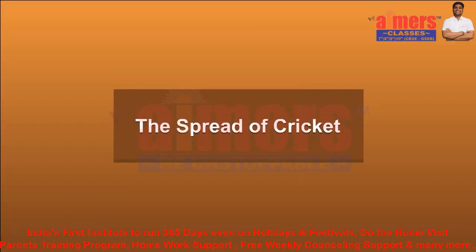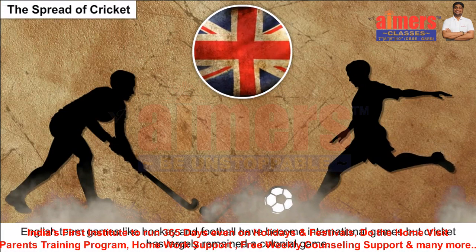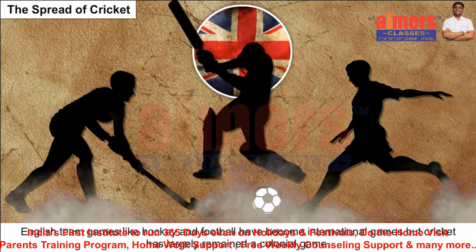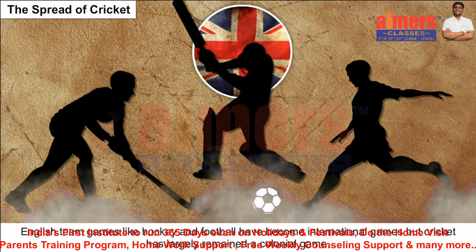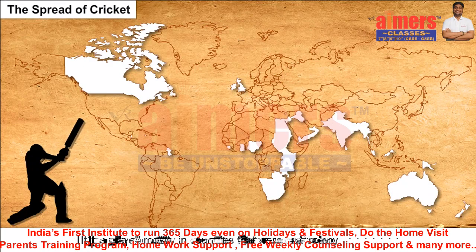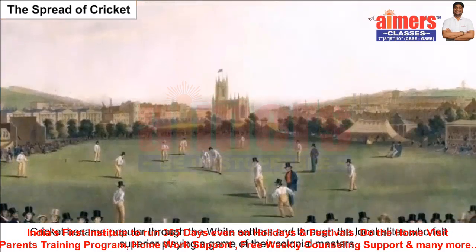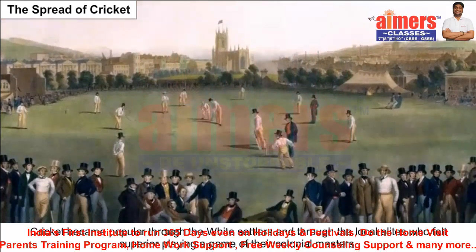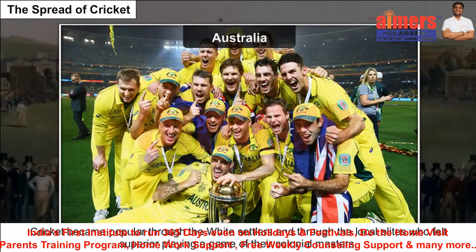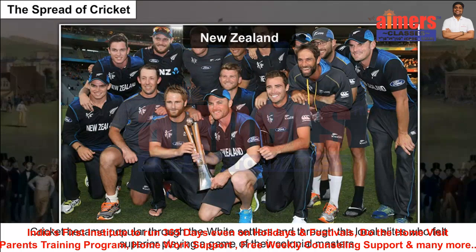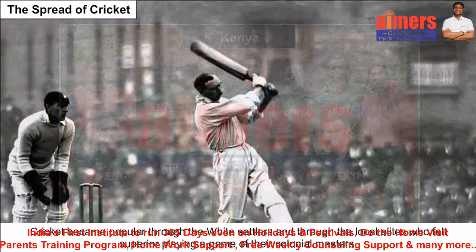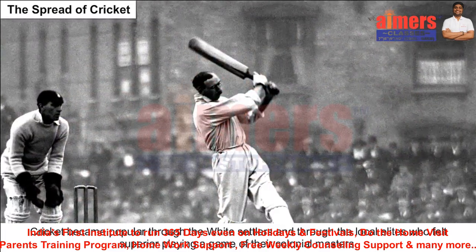The spread of cricket. English team games like hockey and football have become international games, but cricket has largely remained a colonial game. It is played mostly in countries that were once a British colony. Cricket became popular through the white settlers in South Africa, Zimbabwe, Australia, New Zealand, the West Indies, and Kenya, and through the local elites who felt superior playing a game of